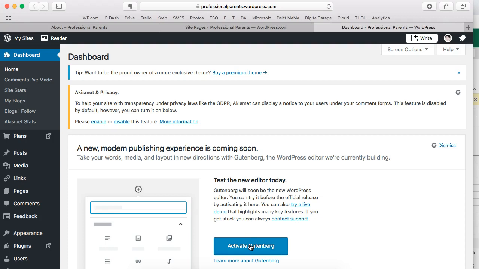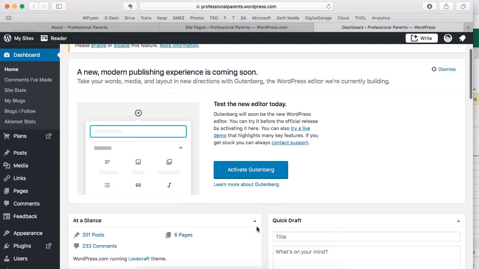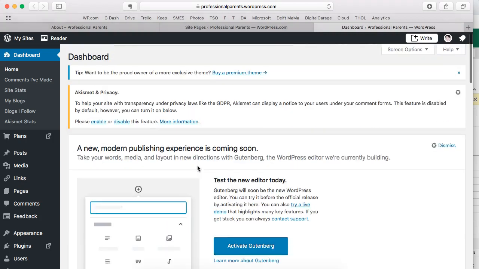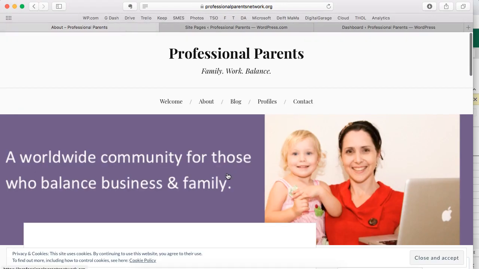I did a few days ago, and it reminds me of Divi, which is a very popular Elegant Themes theme that I have bought in the past, but it's just bringing in a different way of working with websites. So I'll leave that for another video. Anyway, if you want to make some changes, so what I want to do with this site, I've imported it,